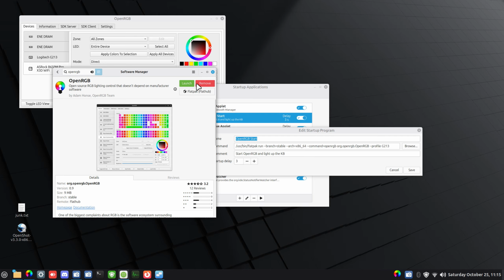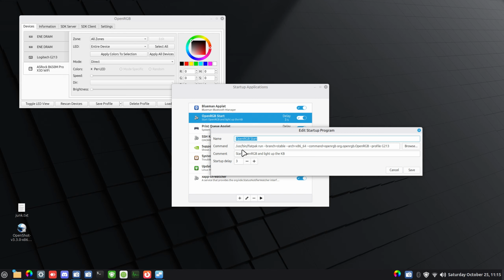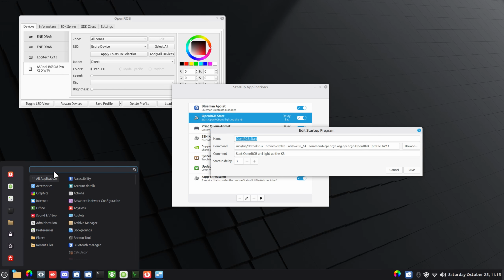So in order to run it with a script, you need to run it using Flatpak. So this is the way to do that. Now the way I've found to do that was, let me see what thing,